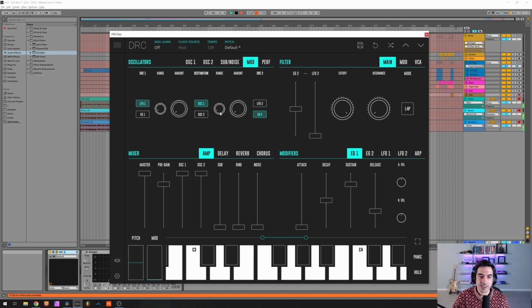We just want the first oscillator to be modulated by the envelope generator 2. So we raise the range to 8, which is maximum, and then to 724. Okay. Now, envelope generator 2 amount at maximum, drop the cutoff to 524, resonance 186,